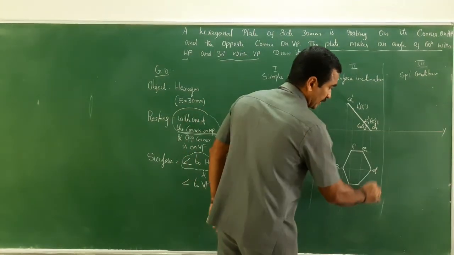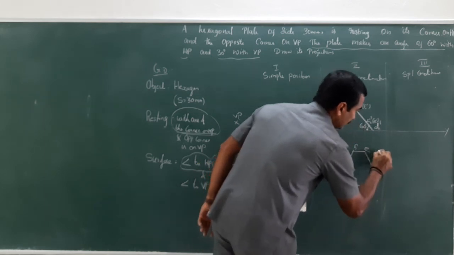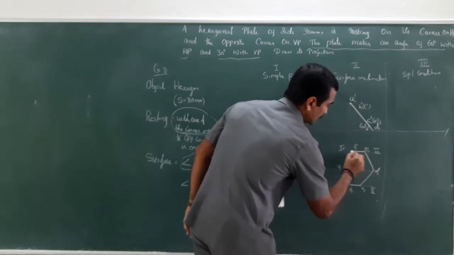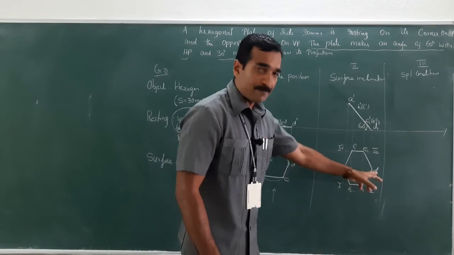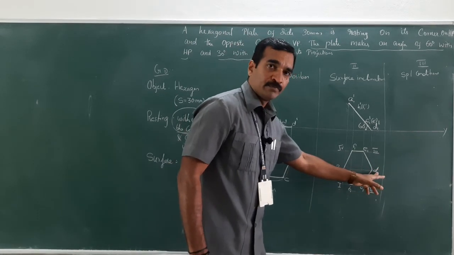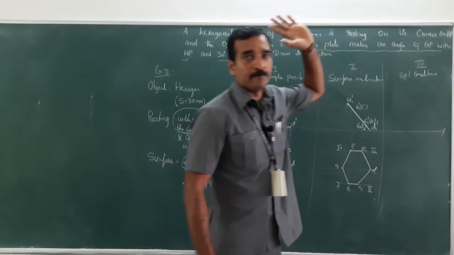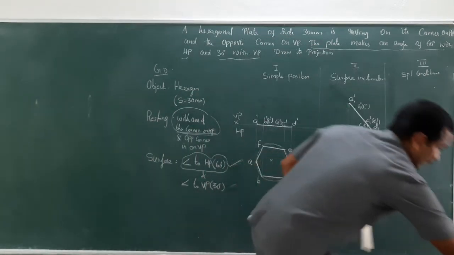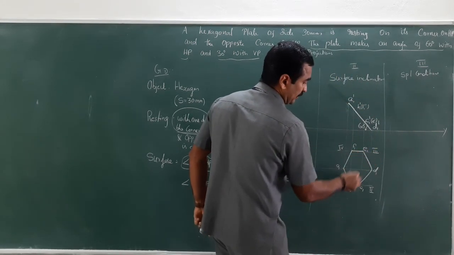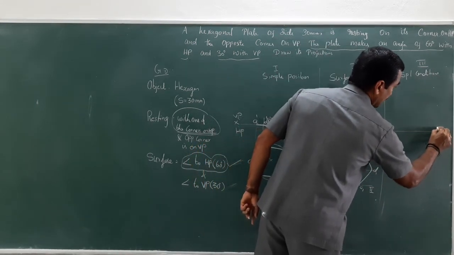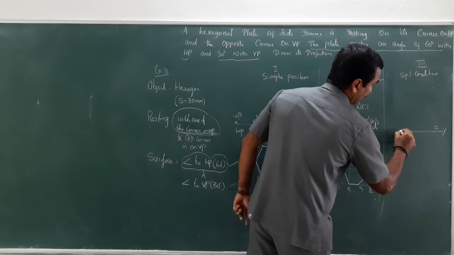So in order to transfer all the information of this skew shape of the hexagon to the XY line, what I am going to do is the boxing method. So naming this as 1, for all the corners there is a boundary, I am just mentioning here. So this is the box. This box I have given 1, 2, 3, 4. Now the resting corner is D. The opposite of the resting corner is A, and this line 1 and 4 should be on the XY line. So this is how it is. It should be kept in this manner. So measure the distance between 1 and 4. Assume this as 1. Measure 1 and 4. Somewhere here this could be 4.